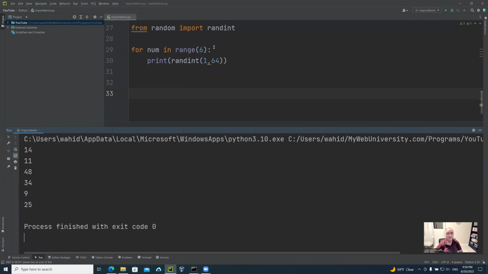code starts. On line 27, I say from random import randint, for num in a range of 6 and do this. So this is the Lotto example that I was showing you. If I just want to generate 6 digits between 1 and 64, this is a for statement: first import the randint function from the random module, and when I load it, I can use that function by saying for num in range of 6 times, and then print randint 1